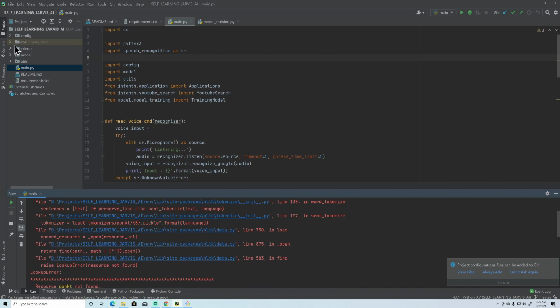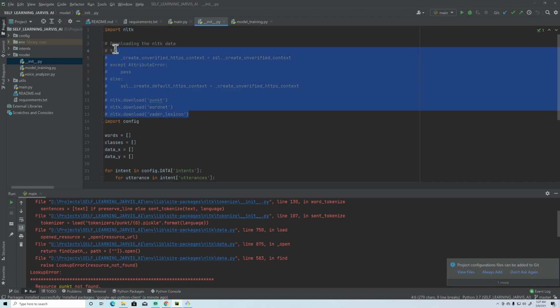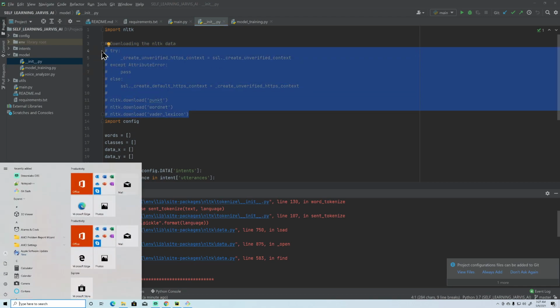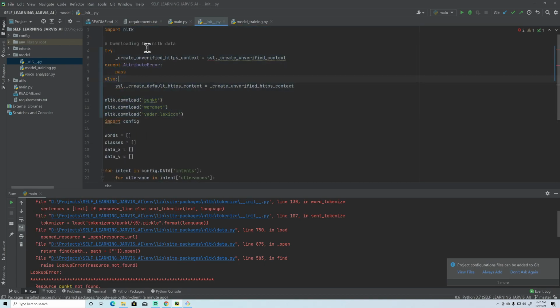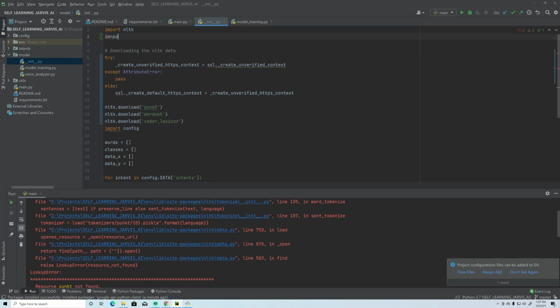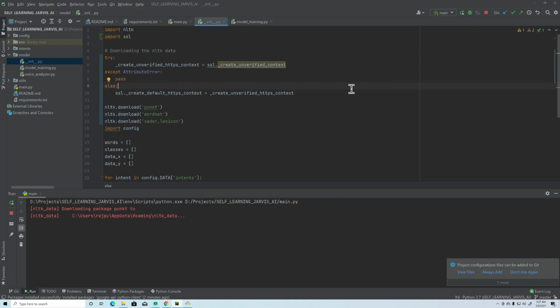For that, in model, in init, I need to uncomment this to download the data. Yes, this is it, and I need to import SSL also. Right, now let's run it again. So yes, it's downloading, and it's just a one-time activity.